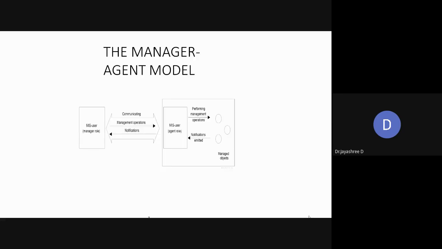Now, this is a management operation or notification agent. This is what we have seen in the manager-agent model. This is the agent model. Remember one thing: resource maintenance is going to happen at the agent side. If I am an agent, I can have the resources within myself or connected with me, with a link or relationship with me, so that I am able to retrieve some information. If a higher-level manager asks me to send it across or set the information there,